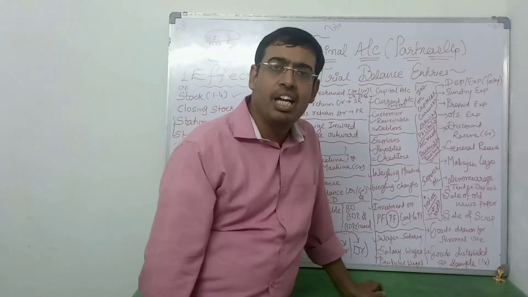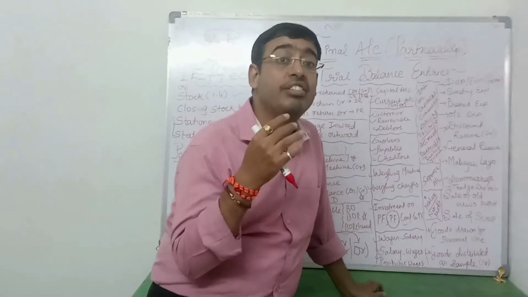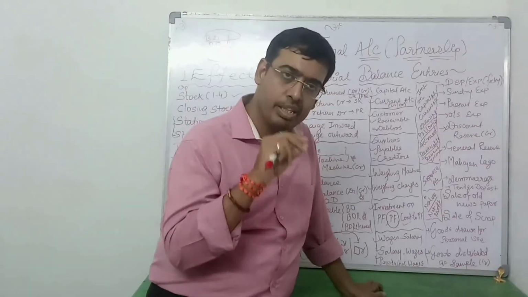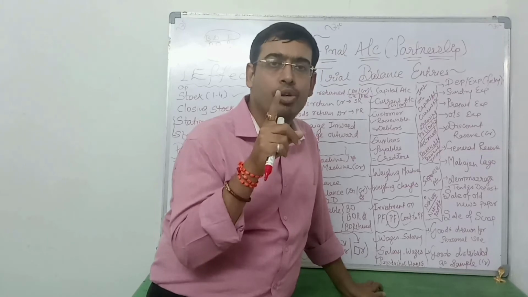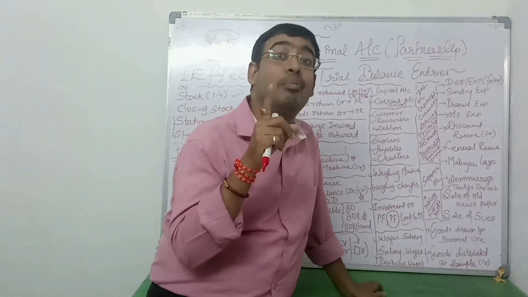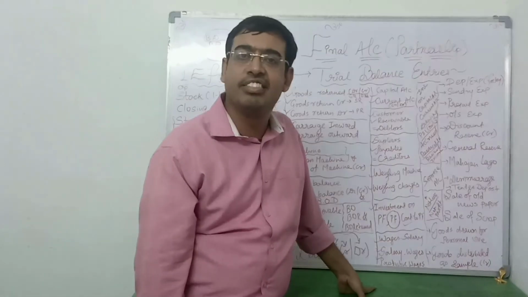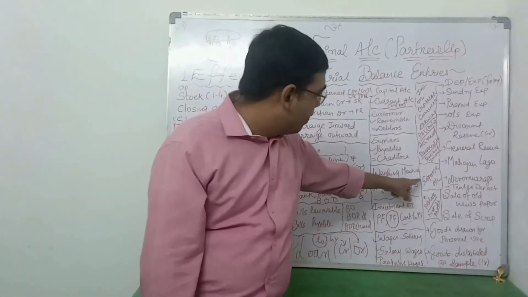Now next is accrued or receivable income. What do you mean by receivable income? Receivable means the income is yet to be received. Equivalent to accrued. Synonym is accrued. So it is your income, but it is remaining to be received. That's why it will come in asset side. And the income which is already received is written in P&L credit side.